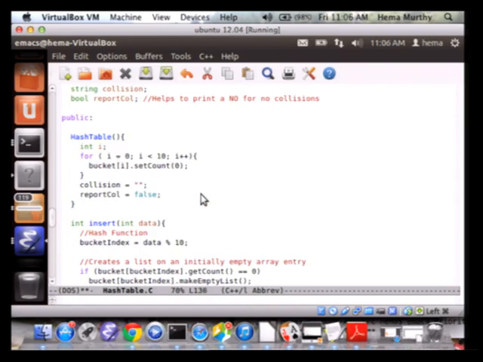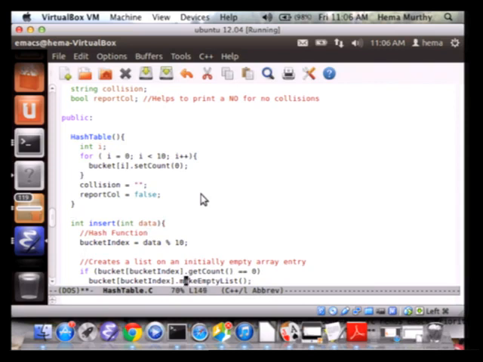So what are we doing now? Initially, because the hash table is empty, we set the count in the hash table to 0 for every one of the lists. We have an array of lists. How many do we have? We have 10 elements in the array, and the counter for every bucket in the hash table is set to 0.